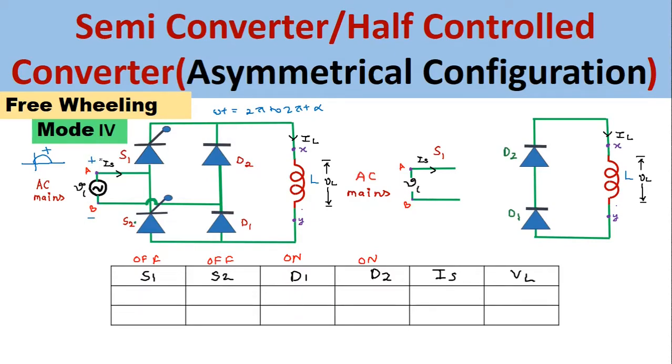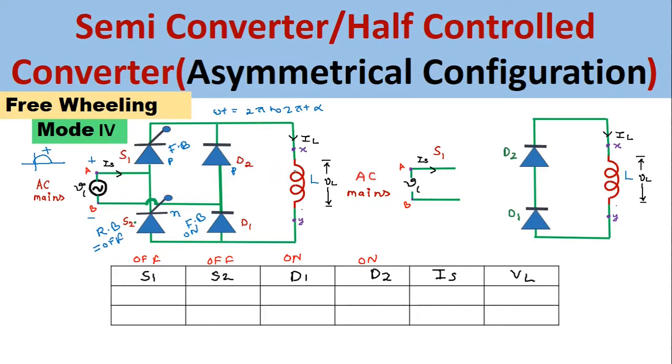Because of this, the A point will transfer to the P side of S1, that means this SCR S1 becomes forward biased, and this positive polarity will go to the N side of SCR2. This SCR2 will go into the reverse bias condition and eventually go to the off condition here. Now coming to the negative polarity, it will go to the P side of diode D2, so this diode D2 tries to turn off, and when this negative polarity goes to diode D1, it goes into the forward bias condition and eventually goes to the on condition.